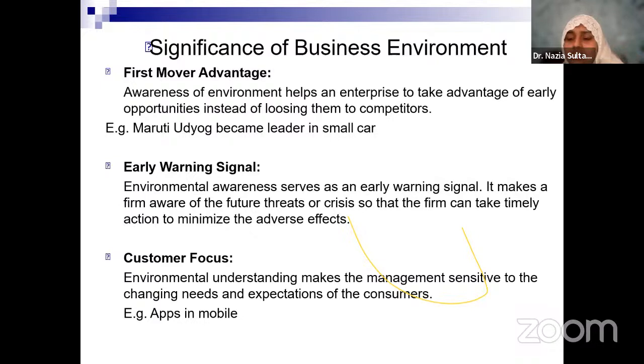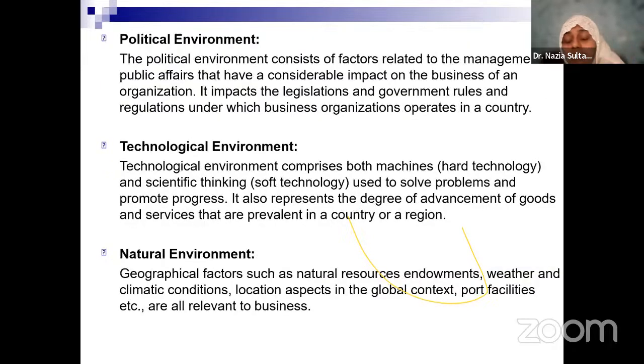Many of the companies today, if you see, they are going green, talking about sustainable production, talking about less carbon emissions. Businesses are talking about not impacting the climate changes which are happening around. You also have lawmakers making laws related to emission rules for manufacturing companies when they manufacture a product. Automobile companies, for example, have standards being set like BS4, BS6. All of these are factors which are part of your natural environment, where you talk about the weather conditions and the natural resources endowed in a particular country.